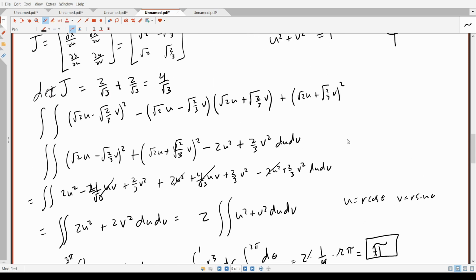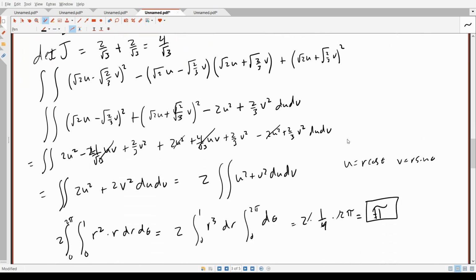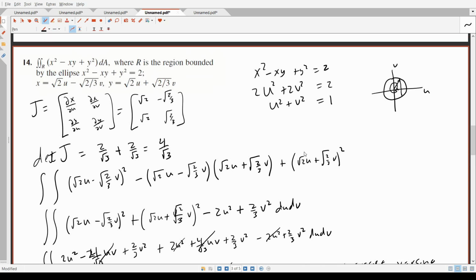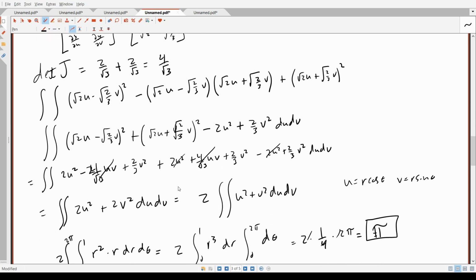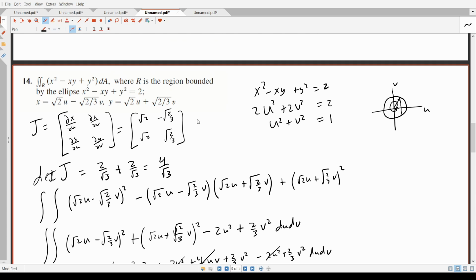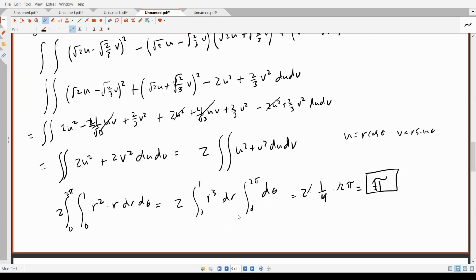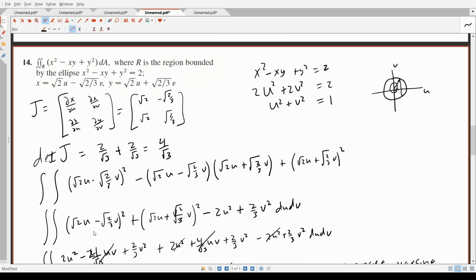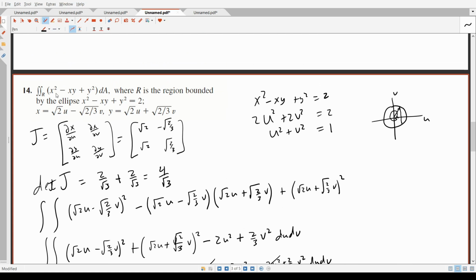All right, so you're not always going to have to convert to polar coordinates at the end. Sometimes this integral that you get at the end will be nice and simple to integrate. But it's just an example of how sometimes we can do multiple transformations to get something in the end that actually saves us a lot of work, right? We can actually integrate this fairly easily. Whereas up here, integrating this over this domain in x and y coordinates would be really nasty, right? Because we'd have to write this as a function of like y equals 2 minus something, and that would not be